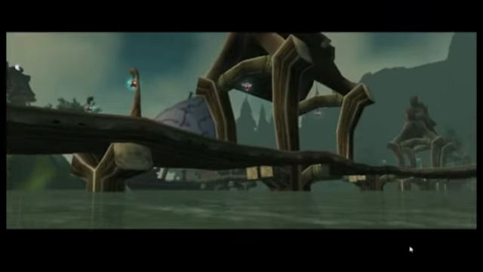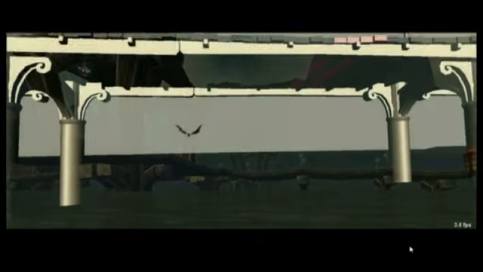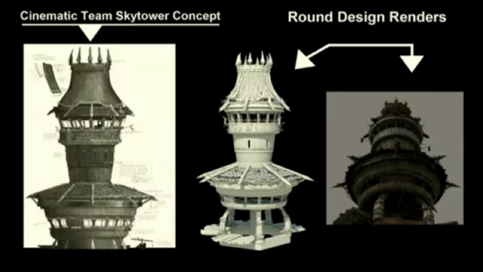So a good example of where this creative process is a little bit different is the Sky Tower that we did for Orgrimmar, with our concept team and our team itself. Anytime we get to work on these in-game assets, we love to just go crazy, add tons of detail, and sometimes we start to get a little bit away from what the gamers recognize. And what we did in this case is we started going really rounded with the Sky Tower, and although it was looking pretty cool to us and we actually got somewhat far in the production process,